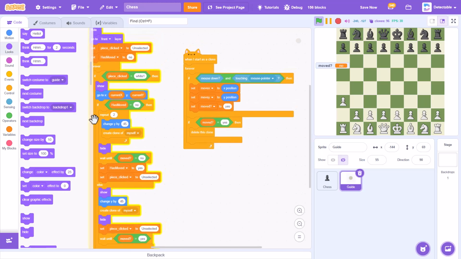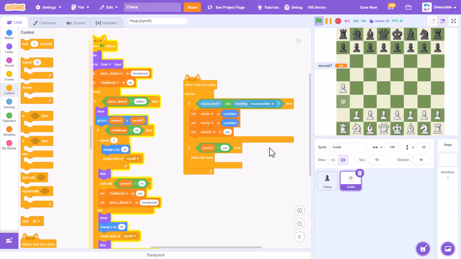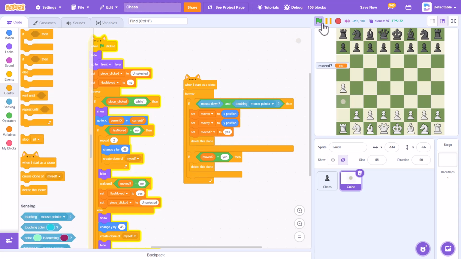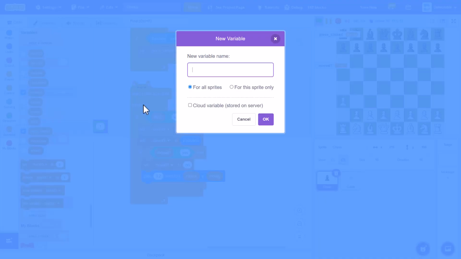So to remove it, strangely, move equals to yes, delete this clone, but it does not delete it. Over here with mouse down, you also can put a delete this clone. Maybe this shall work. No. Now in the chess piece, if you see this problem appears and it does not delete the clone, what you can do, maybe you can create a new variable called delete clones,